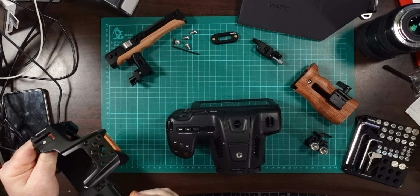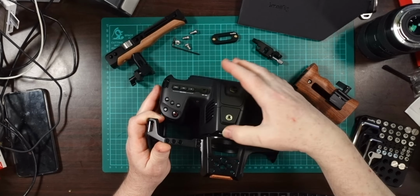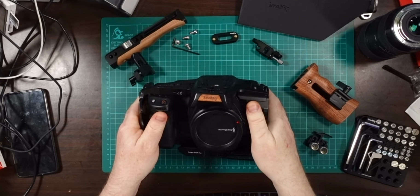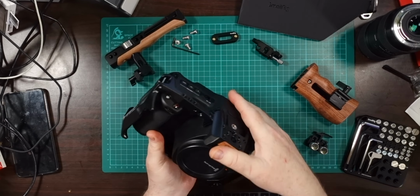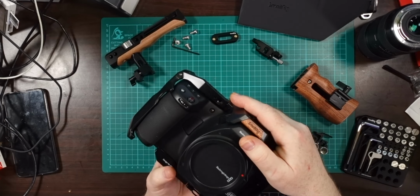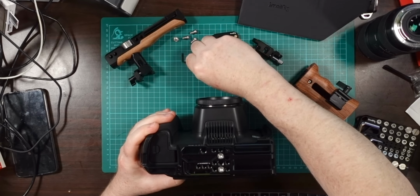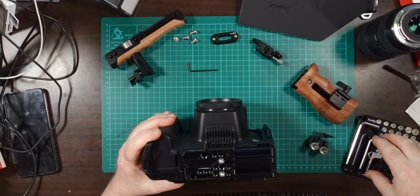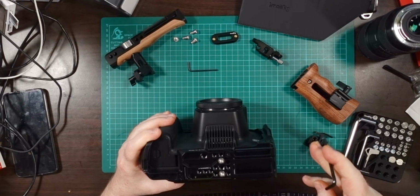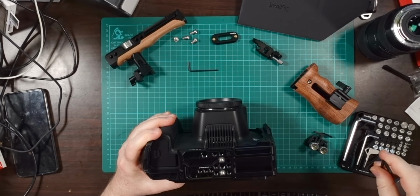Let's get the camera. That's definitely a good starting point, and I've got the cage here, which I imagine goes on that way. So let's just slide that into the cage, and it's got the two screw points underneath it, so that should fit tightly but snugly into there. It does quite nicely. Okay, now the Allen key that comes with all of this, I'm imagining is not the one that's going to fit into here. But what I will do is I'll pull the other one out of my kit to the side. Really good that I've got that, and I can just give that a couple of, oh, hold on,